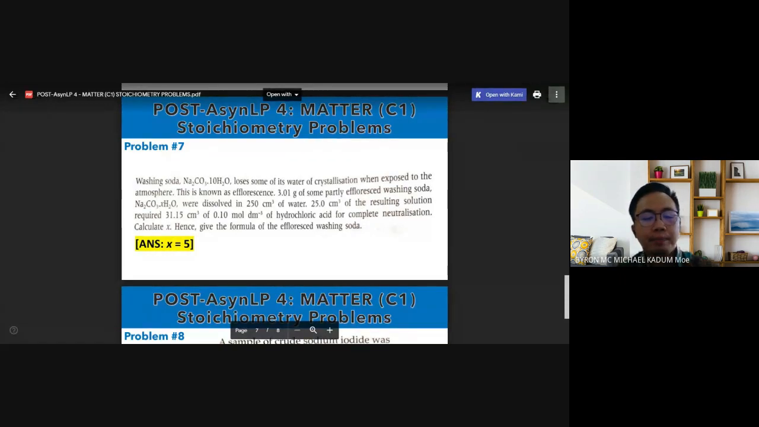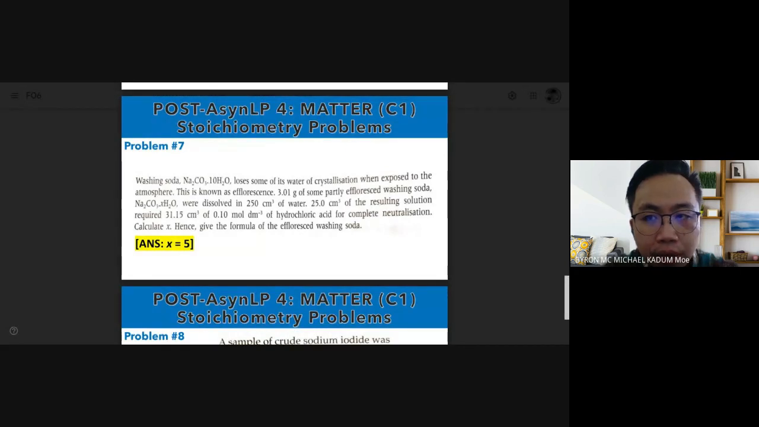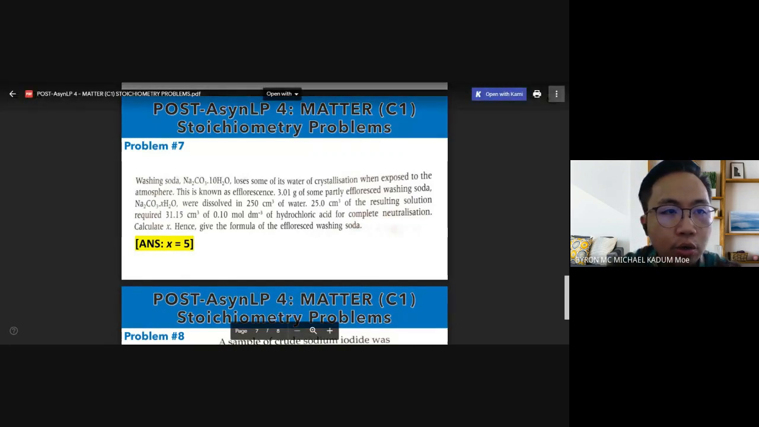Okay. The question over here looks really, really difficult because you have the hydrated structure. What do I mean by hydrated? Kalau kamu tengok sekarang, dia ada dot sini kan? Kalau kamu tengok ada dot, Na2CO3 dot 10H2O. When you see a structure like this, it is the hydrated molecule. If I'm going to show you the hydrated version,